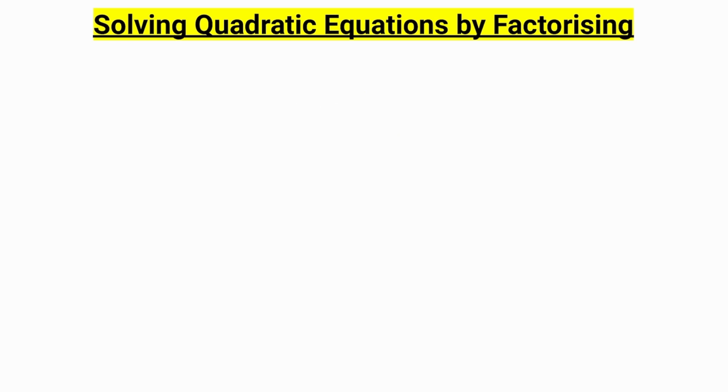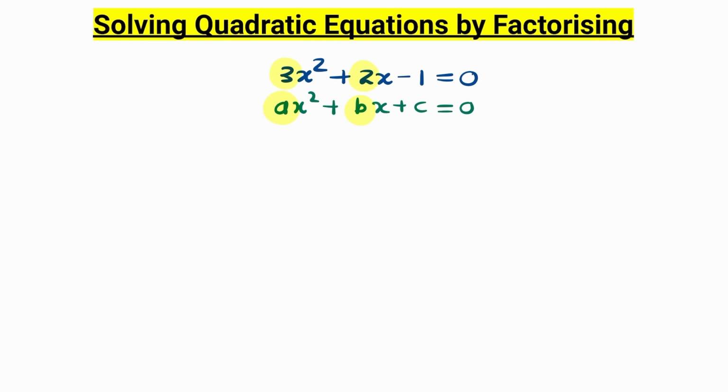Let's go directly into an example. We have to solve the equation 3x squared plus 2x minus 1 equal to 0. Quadratic equations are in the form ax squared plus bx plus c equal to 0. Now if we identify what a, b and c are in our example, what is a equal to? a is equal to 3, b is equal to 2 and c is